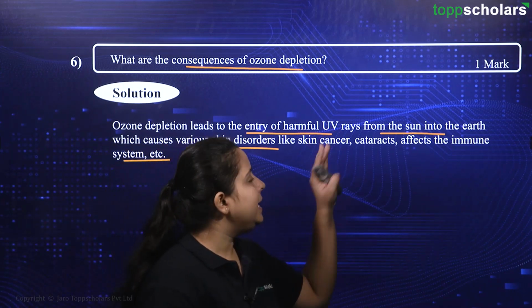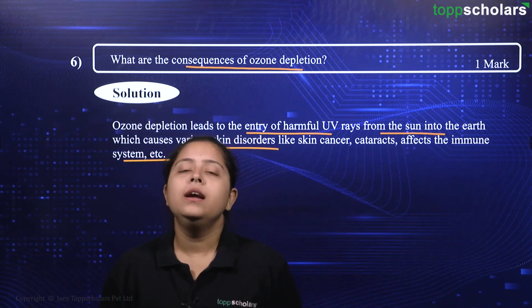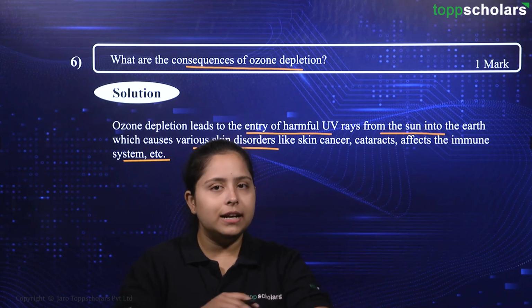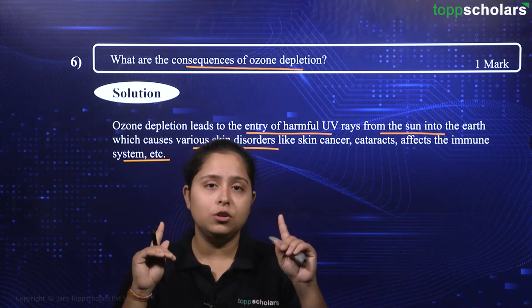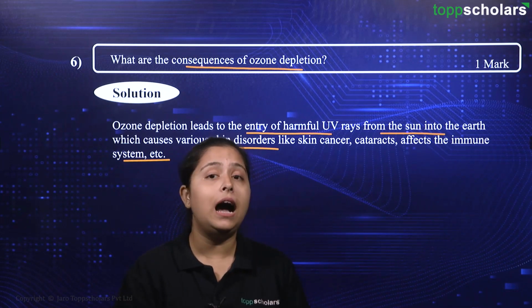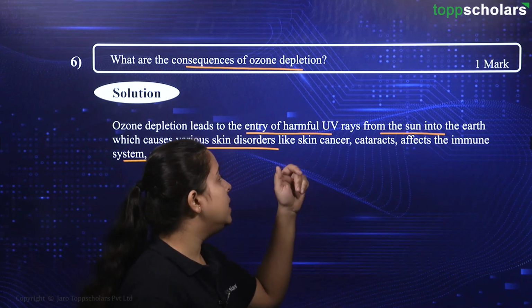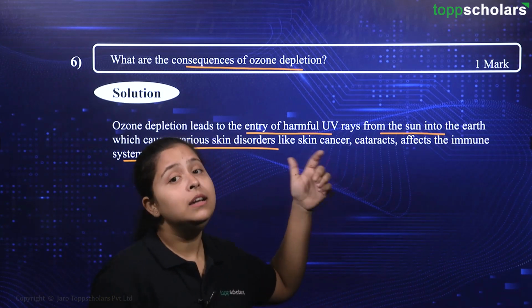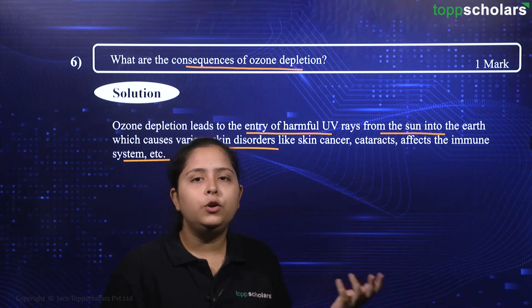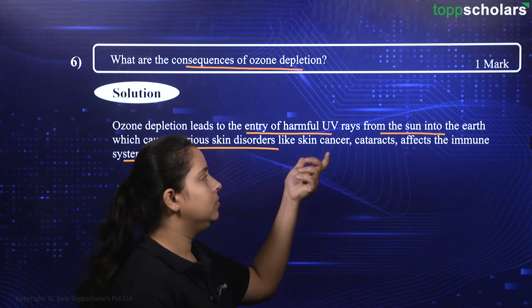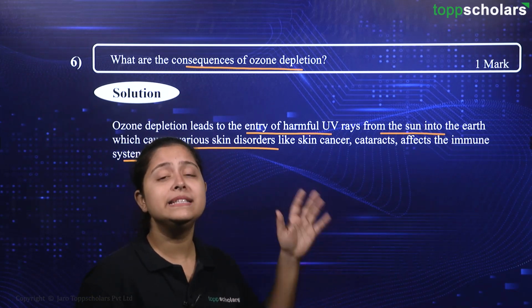Okay. So these UV rays are harmful. If they come in contact with our skin, the skin may burn. That is also a part. Okay. Then the eyes will be affected. We can also develop skin cancer. What is cancer? Cancer is uncontrollable growth of cells. Here, that is happening to skin cells. Hence the term skin cancer.